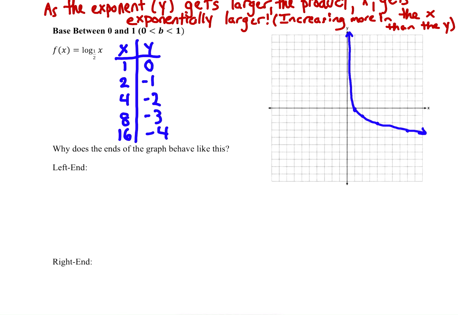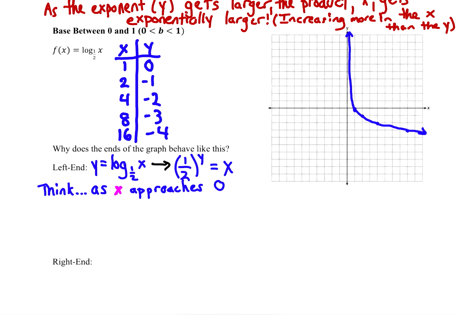I think the best thing you could do to understand it is, here's the logarithmic equation. Let's turn that into the exponential because it's easier to think of. So let's think about it as when x is approaching 0. You could also think about it as when y is approaching infinity, because that's the left end here. X is approaching 0, y is approaching infinity. So when x approaches 0,